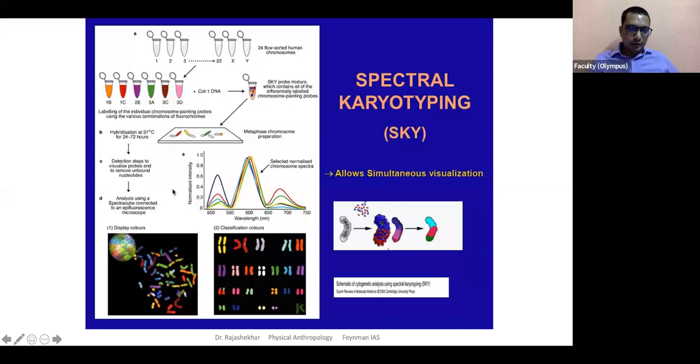So don't worry about the entire method. The whole essence is important because you won't be able to remember all these details. And as this is just an extension to karyotyping, the method I described is enough. This is just a new addition to it. So colors can be identified like this. Computer programs can analyze how much of each color, where is it located. So you can classify them from the mixture like this and nicely organize.